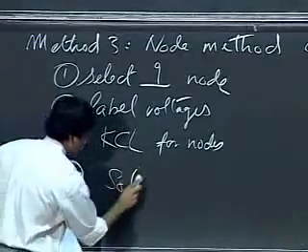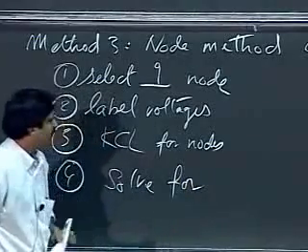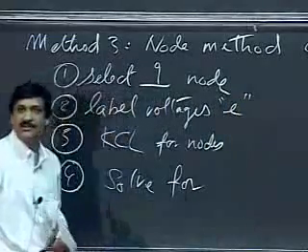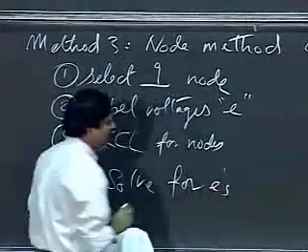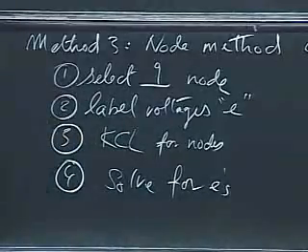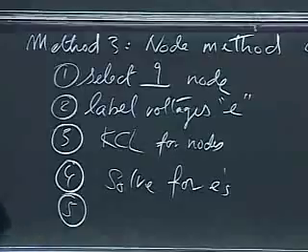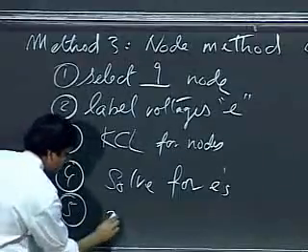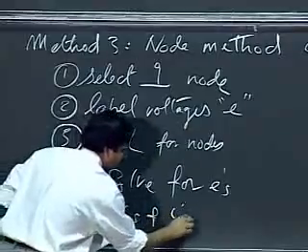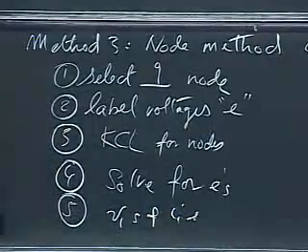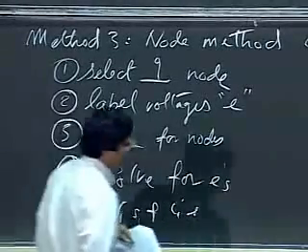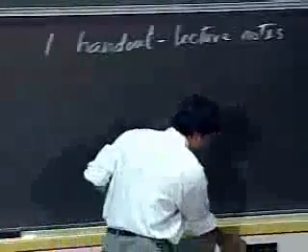Then, solve for the node voltages. So let's say when we label voltages, I'm going to be labeling them as E something or the other. So solve for the unknown node voltages. And then, once I know all the voltages associated with the nodes, I can then back solve for all the branch voltages and currents. Okay, once I know all the node voltages, I can then go ahead and figure out all the branch voltages and the branch currents. So let's go ahead and apply this method and work out an example.